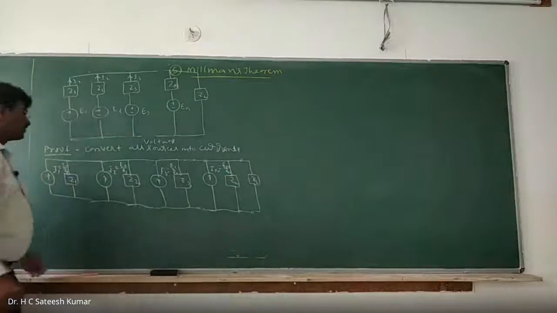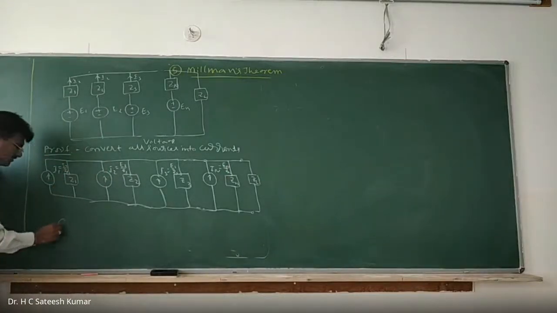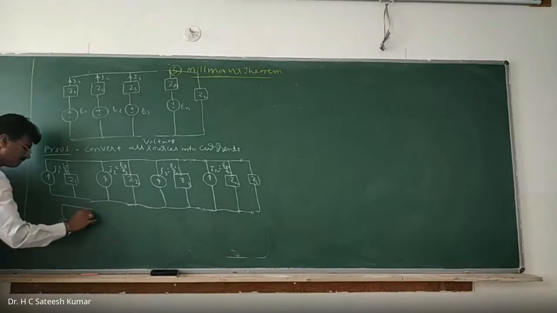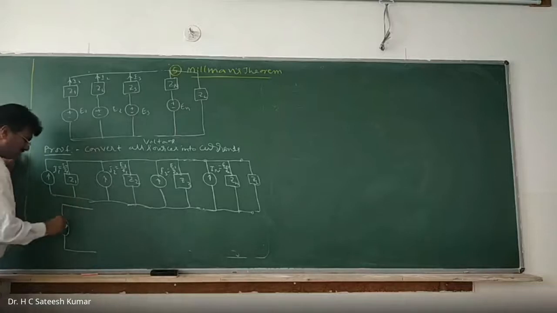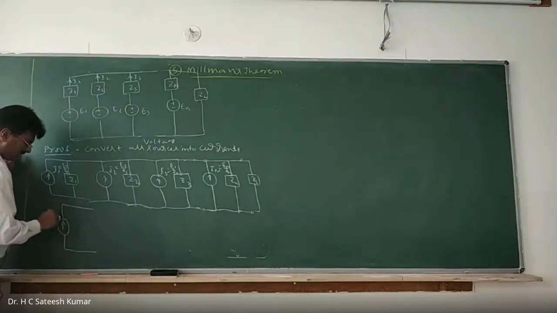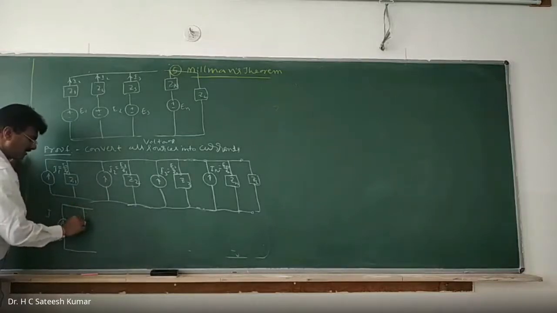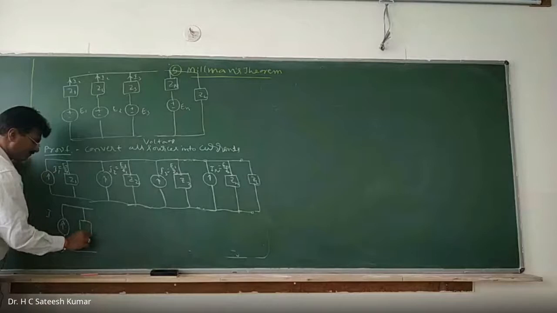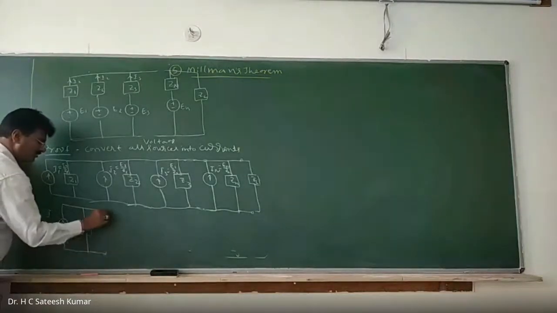Okay, right. Now what is that we have? All the current sources are in parallel. What you should do? I can replace them by a single current source, and all of them are connected across these impedances. So this is your I. This I is equal to I1 plus I2 plus I3, and so on, you will get. And all these impedances in parallel, I'll call it as Z, with load ZL.